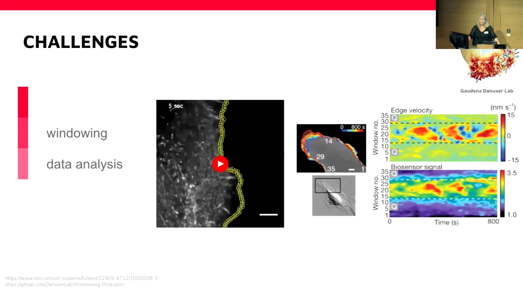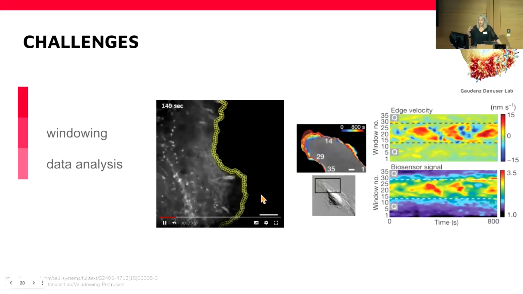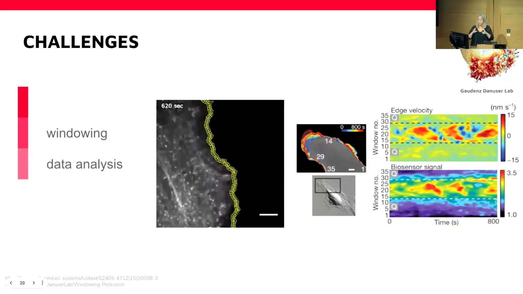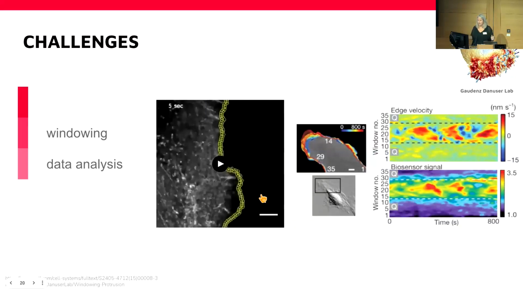From the point of view of the windowing and data analysis, we didn't invent something new. This was already done many years ago by a collaboration between Oliver Pertz and Gaudenz Danuser. So basically they developed this windowing to study protrusion. You segment the cells in small regions of interest and then you follow them. And then you can do many types of correlation. You can look, for example, at the velocity and then compare how the biosensor correlates with this velocity. So you can see which proteins are important in this dynamic, so the morphological changes of the cells. So these were already all built, and